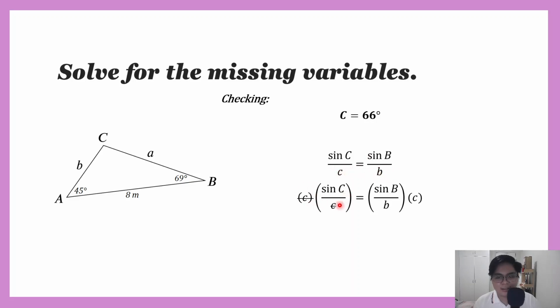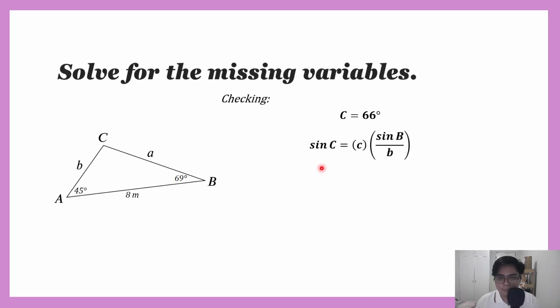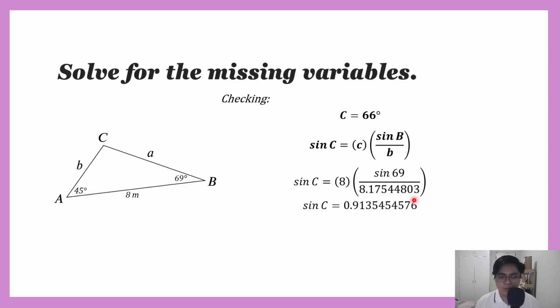Side c, not sine C. Multiply side c on both sides, which will result to sine C equals c multiplied by sine B over b. We now substitute the values. Sine C equals 8 multiplied by sine 69 divided by 8.17544803, which will result to